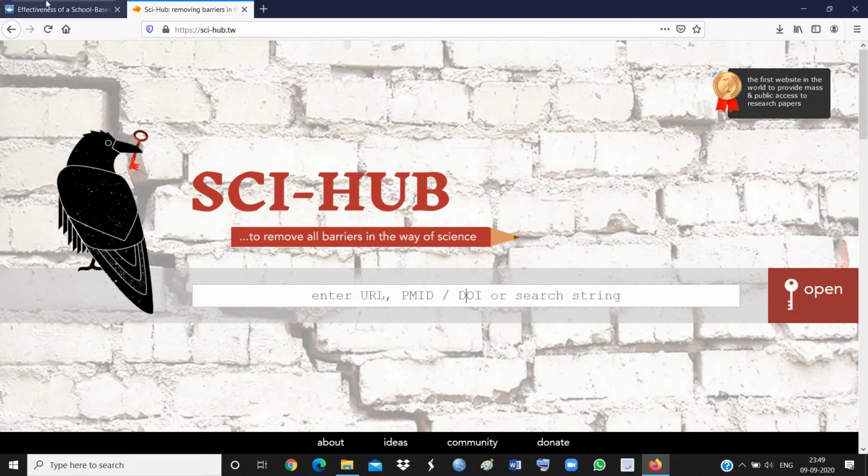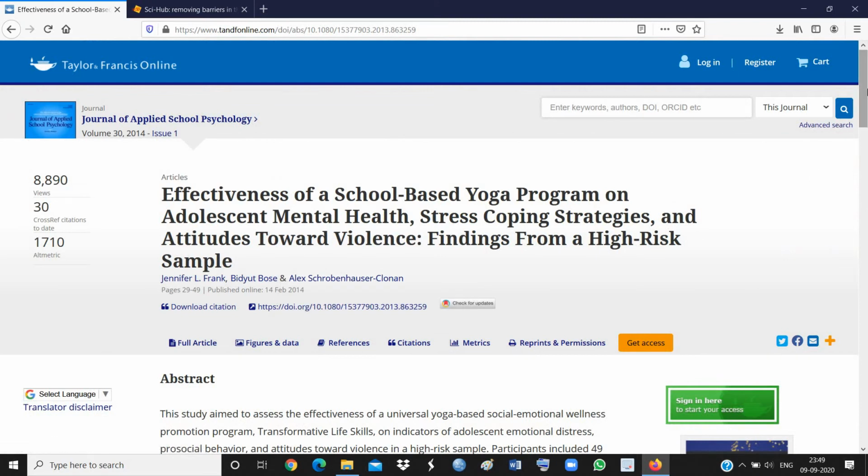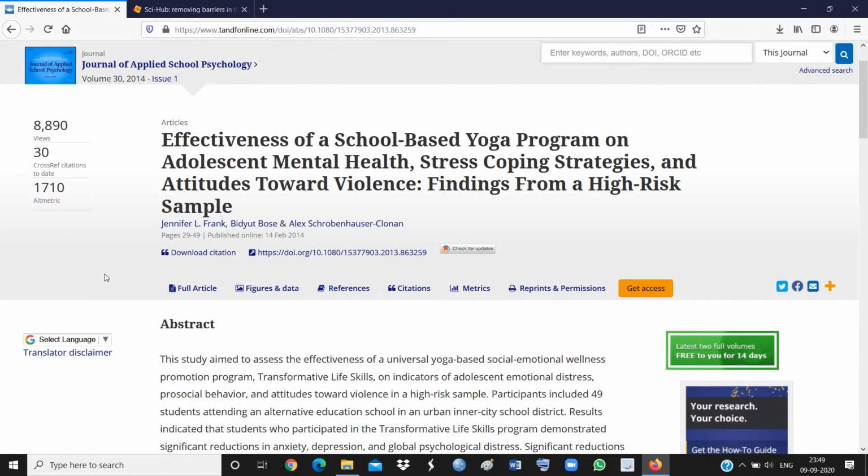So let's move to the paper which we want to download with the help of Sci-Hub. As it asks over there, we can enter the DOI number. The DOI number is specific to every research article and is given to it by the journal, so with the help of the DOI we can easily download the research paper.